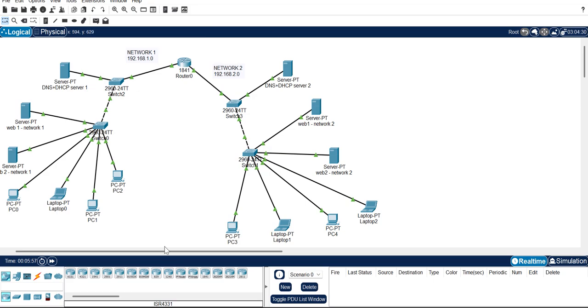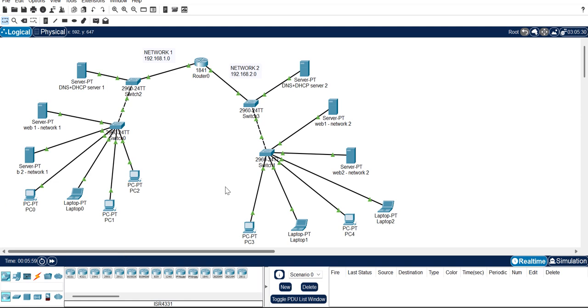So what I did in this task was, firstly I made the whole topology, then I made two networks, network 1 and network 2, both having a DNS plus DHCP server. Here's the DNS plus DHCP server for network 1, and here's the similar server for network 2.